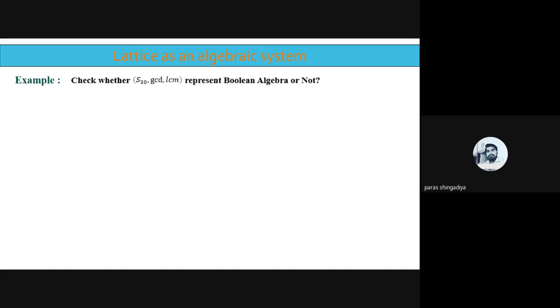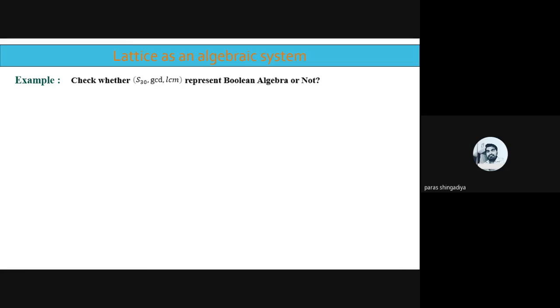So here is the first example: check whether (S30, GCD, LCM) represents a Boolean algebra or not. Okay, S30 with GCD and LCM is a Boolean algebra or not. So how can we check whether it is a Boolean algebra or not? The definition of Boolean algebra is here,